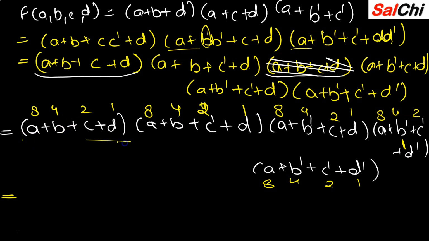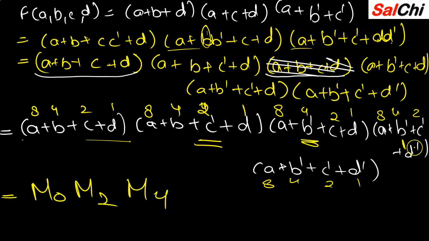Is there any complement here? No, so it will be M0. Is there any complement? Yes, C is a complement. What is the position of C? 2, so it is M2. Then here, is there any complement? Yeah, B is a complement. What is the position? 4, M4. Here we have complements B, C, D. What is it? 4 plus 2 plus 1 position. 4 plus 2 gives me 6 and 7. Okay, M7. And here we have B, C, D as a complement. See their positions 1, 2, 4. Add them up. 1 plus 2 plus 4.